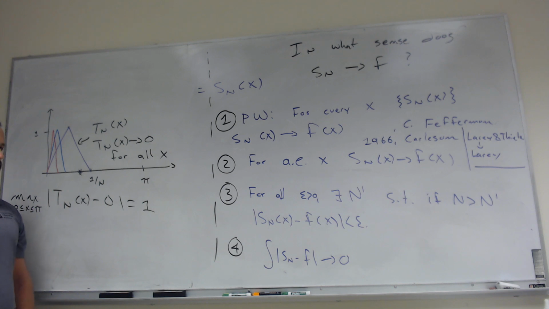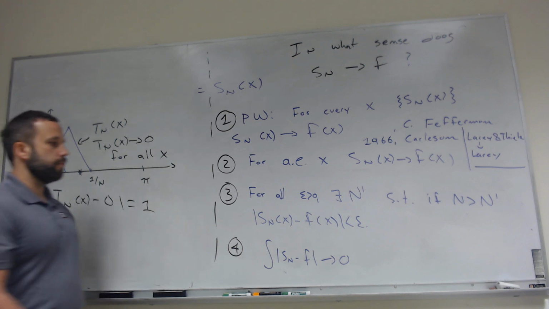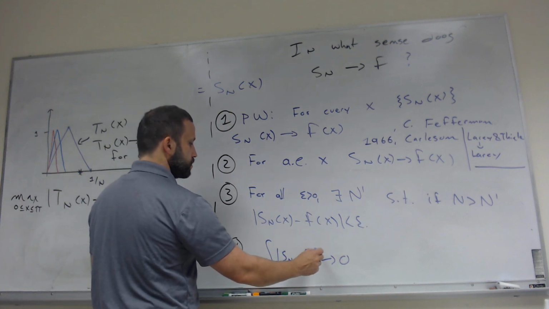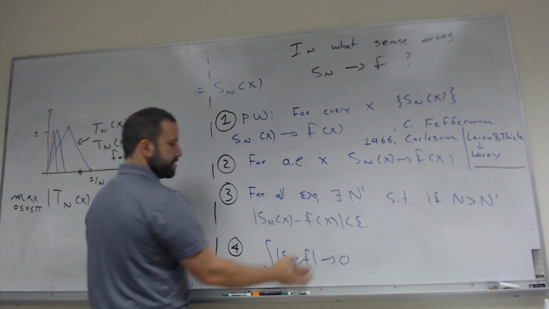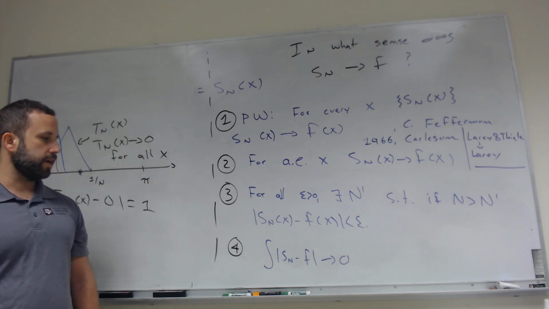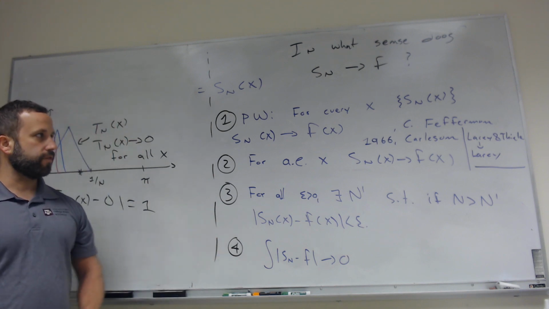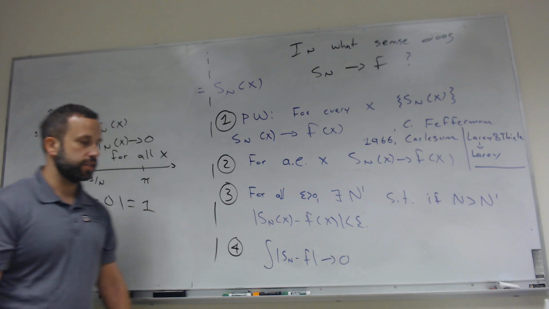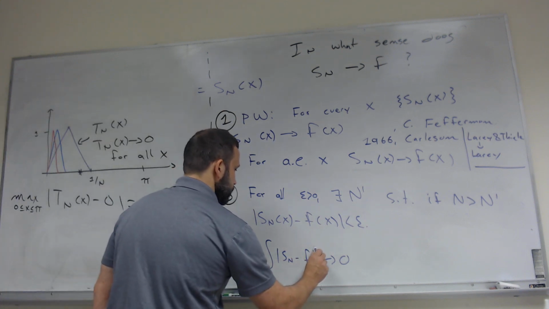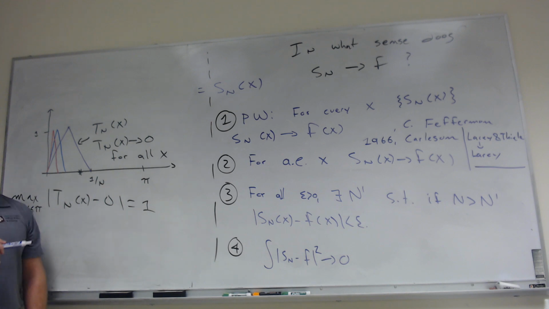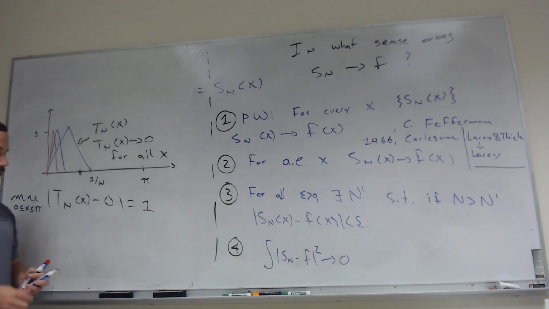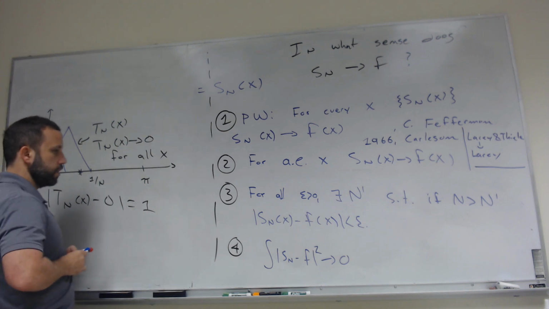And all of these modes of convergence are different. Some of them imply others, but they're all different modes of convergence. Sometimes we have just nothing there, and sometimes we'll have a 2 there. If you want to think about it in terms of least squares, that's what we'll be thinking about. But this would be another mode of convergence, saying that Sn converges to f if this integral converges to 0. The one we're mostly interested in is when we have a 2 there. You might remember least squares. This is a sort of least squares type of thing. So let's look at some more examples here.